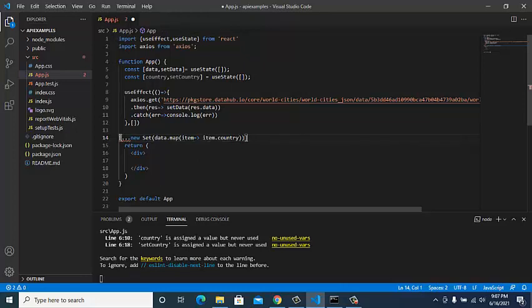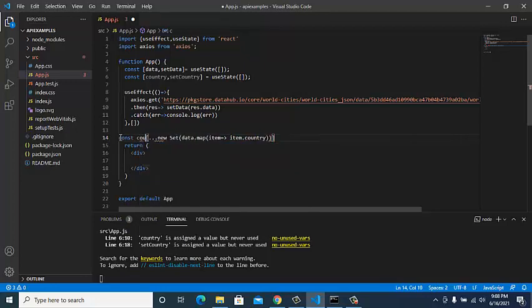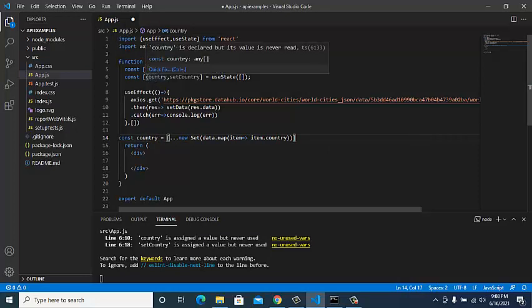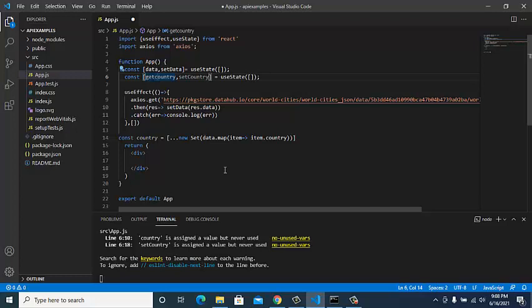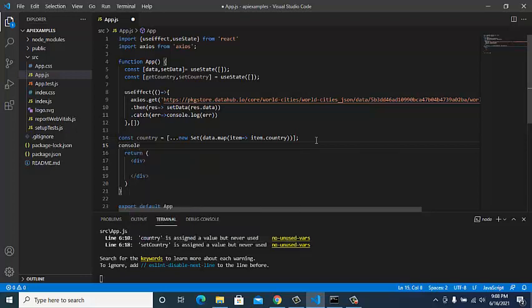We have to save this in some variable, so I'll write country. I have already created country over here, so I'll change it. This is a variable country where I have the unique countries. If I console log it, you would be able to see the unique countries. Unique means each will come only one time.